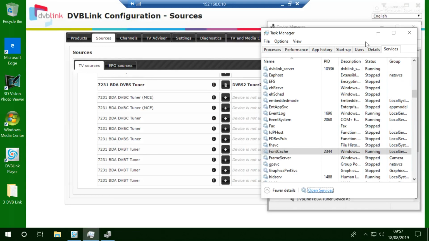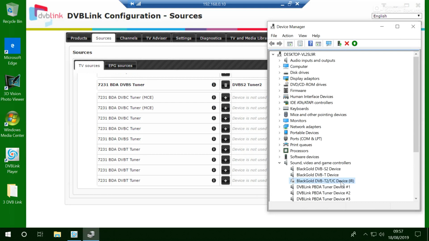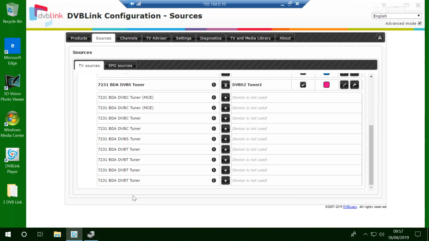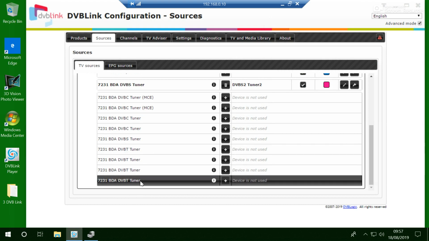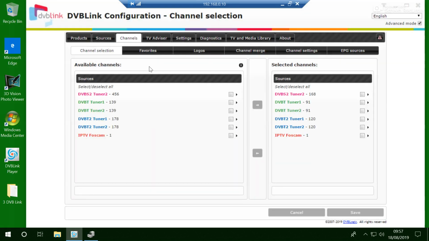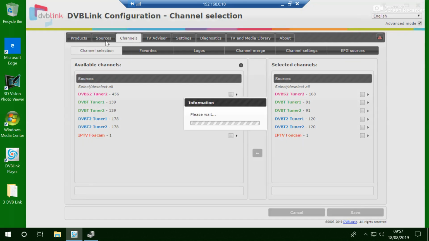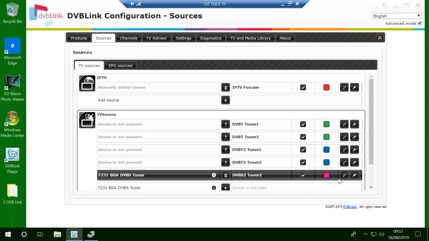So I've diverted again. I was restarting the service to ultimately show you that having turned off the disabled from device manager DVB-T2 card, that has dropped out 2 TV tuner cards. So as I left it, we've got 1, 2, 3, 4 TV tuner cards. If I click on channels, this front end doesn't know the service is stopped. It will if you click on it and it's not there, but if you don't and you restart it and then go back to clicking, it should just carry on working. So if we go back now,